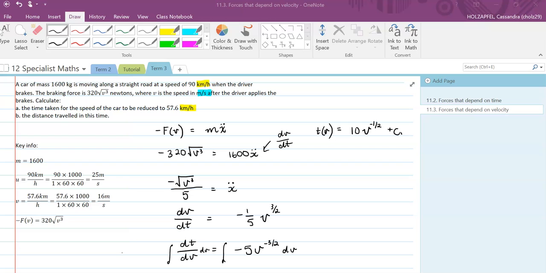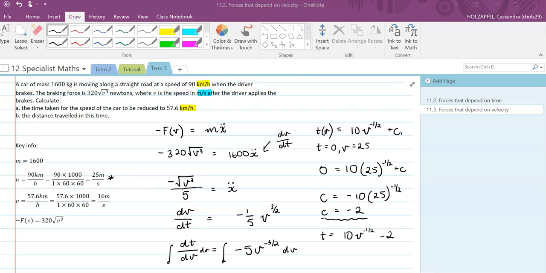for our constant. So in this case, when we have our initial time, initially they are traveling at 90 kilometers per hour, which remember is equivalent to our 25 meters per second. So in other words, when t is equal to 0, v is going to be equal to 25 meters per second. Now that we have our value for our constant, which we determined to be -2, we can go ahead